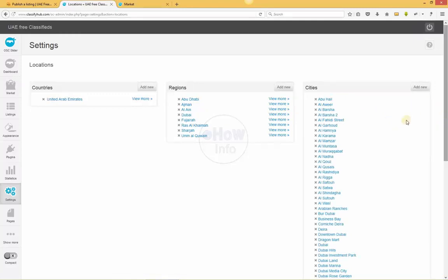It also comes pre-installed, but you can also add new. You can add a new country here, a new area here, a new local area here. So you can edit it according to the needs of your classifieds.